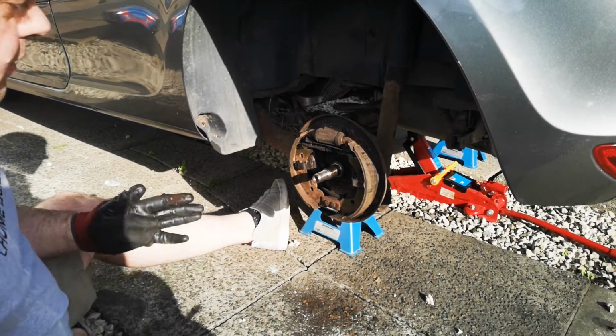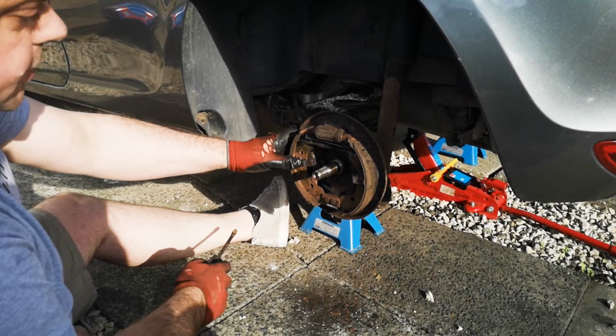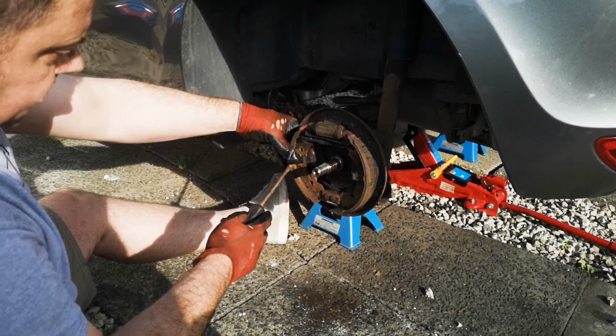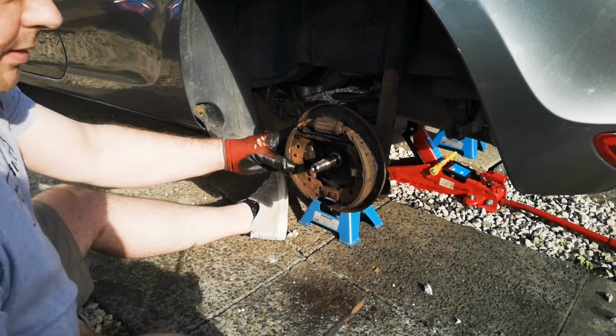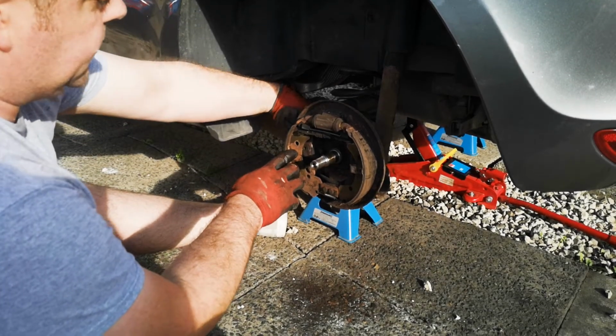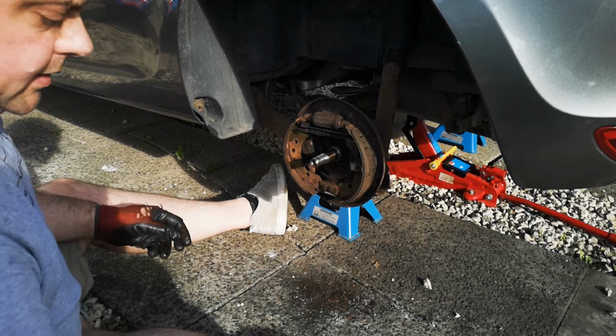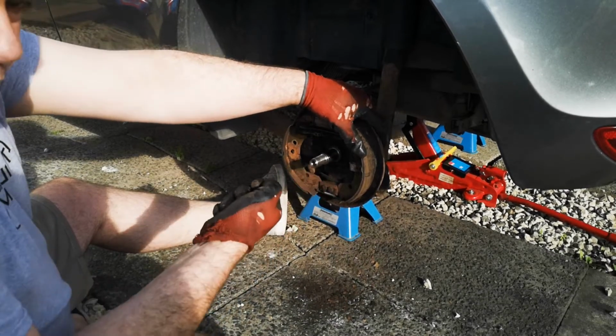Okay guys, once you've got the brake drum off, the next thing you want to do is undo these retaining clips that are holding the shoes on. So if you just press it down and pop it off, like so. This is on a Renault, these are fairly straightforward. Some cars have got little circle ones that you push in and turn a quarter turn and then pull out,